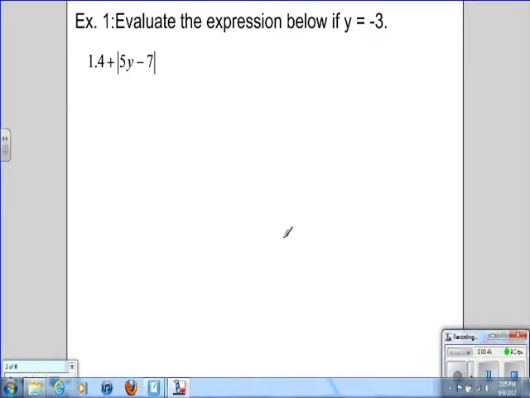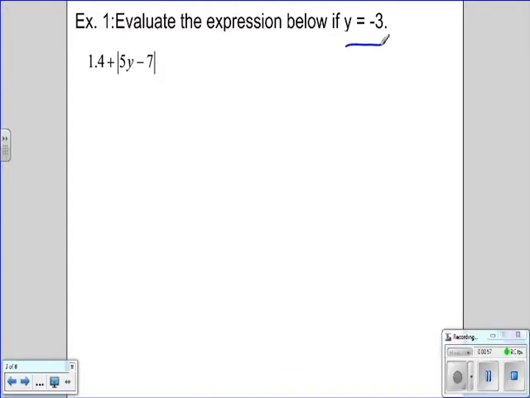Let's try evaluating an absolute value expression. So 1.4 plus the absolute value of 5y minus 7, and we know that the y value is negative 3. Okay, that's given to us. So let's plug in negative 3 for y and see what our answer is. 1.4 plus the absolute value of 5 times negative 3